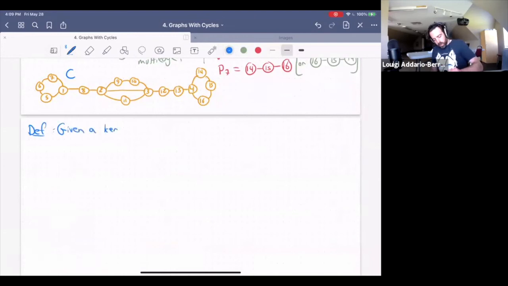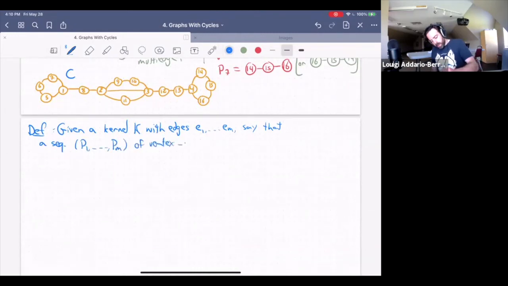If I'm given a kernel K with edges E1 up to EM, we'll say that a sequence P1 up to PM of vertex disjoint paths is valid